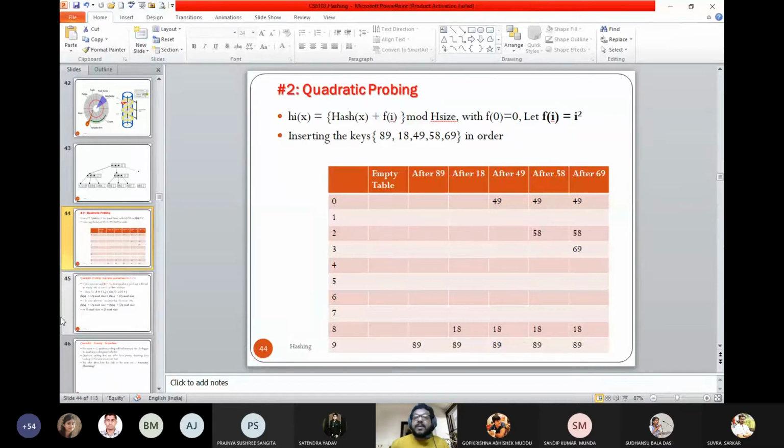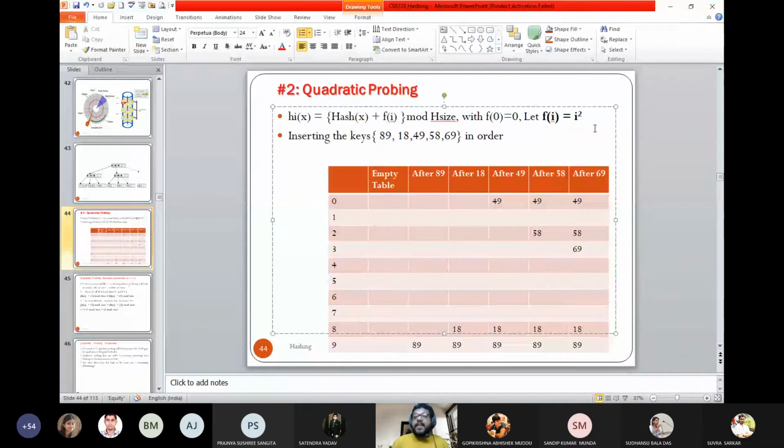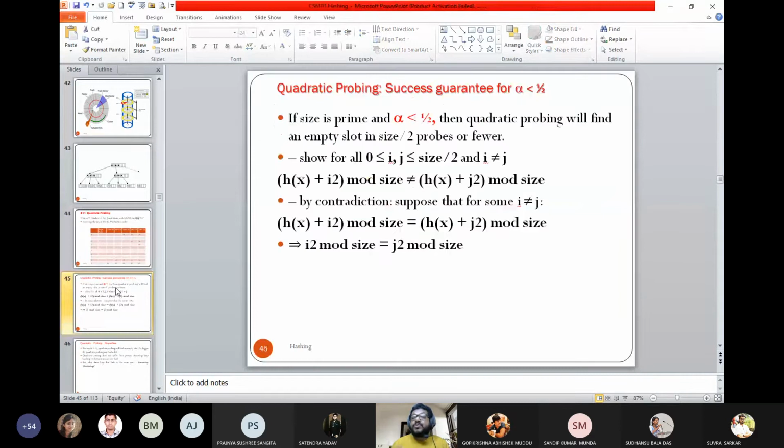To overcome that clustering effect, instead of f of i equal to i, we use f of i equal to i square. This is an open subject; you can suggest any other type of good hashing function. Because here we are talking of a linear array, suppose somebody says I will not use a linear array, I will use a linked list. So I will develop a different type of hash function that helps in collision resolution. Now, if you look into quadratic probing, its success depends on this: before trying to store the key value at the address, we have to fix the size of the hash table.